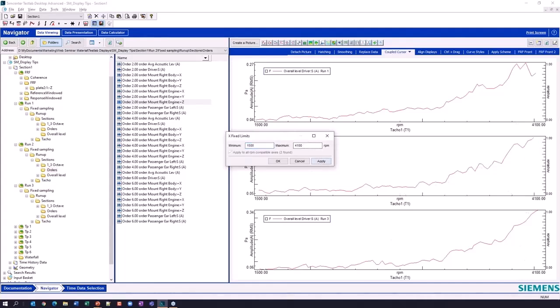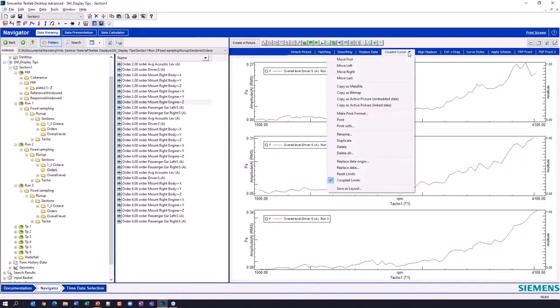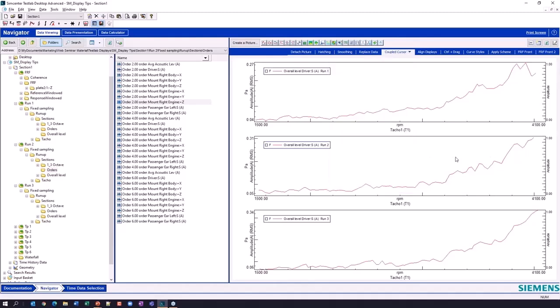Boom, because they're coupled, now they'll all be coupled to exactly those values. So that's coupling the limits, and I can do that for a whole display all by just clicking this coupled limits.